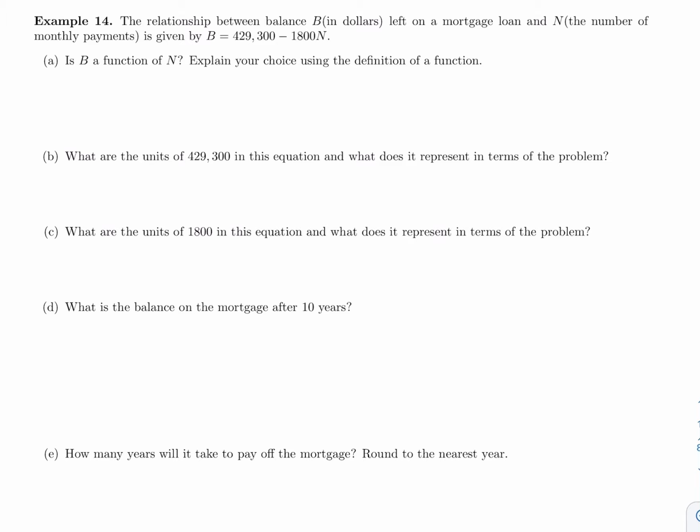Or could it be that we make a $100 payment and our mortgage is either $300,000 or it's $200,000 as a result of that? Well, no, it makes sense. Each month when you make one payment, it's going to result in one balance. So we're going to say yes, this is a function